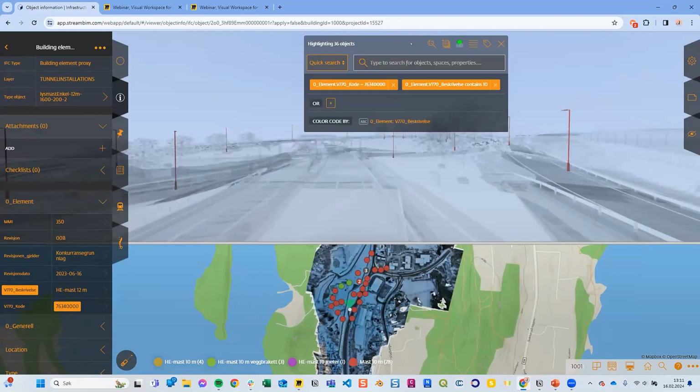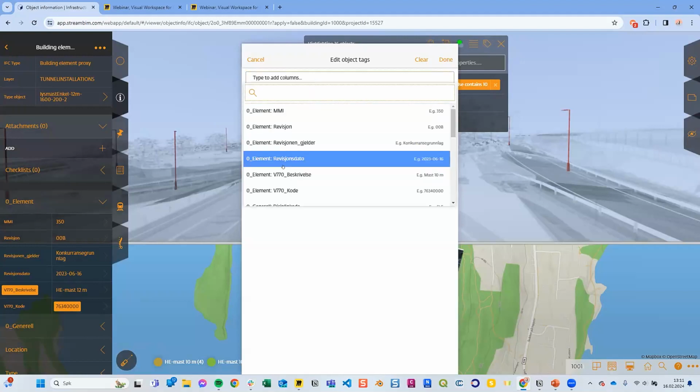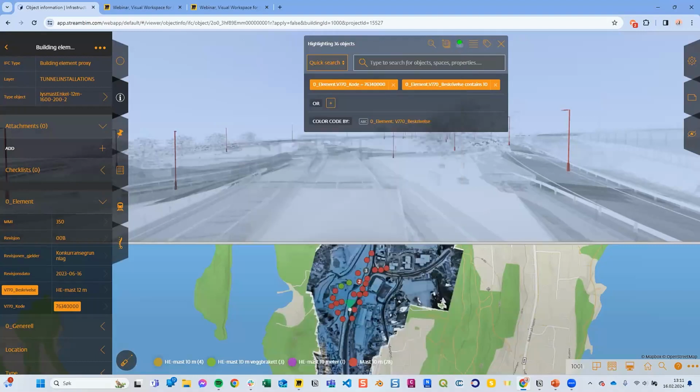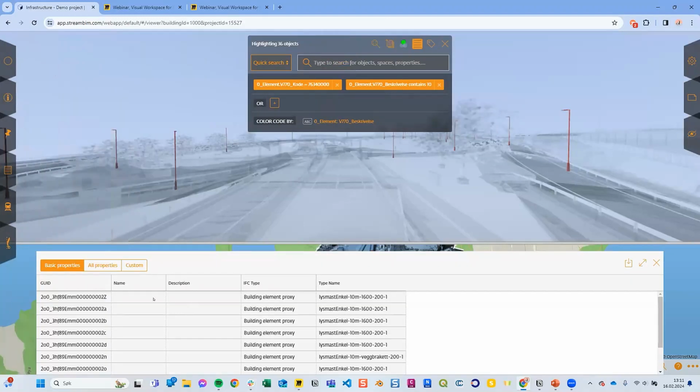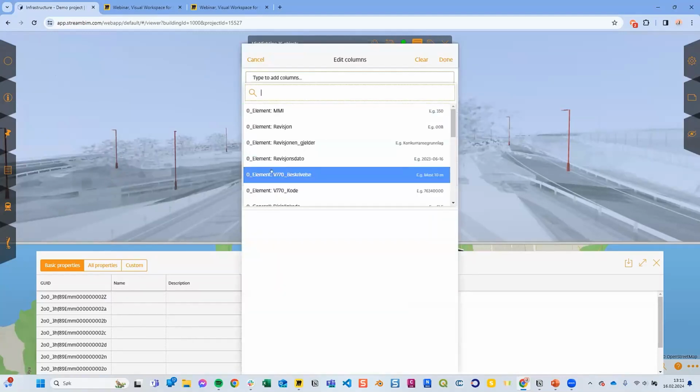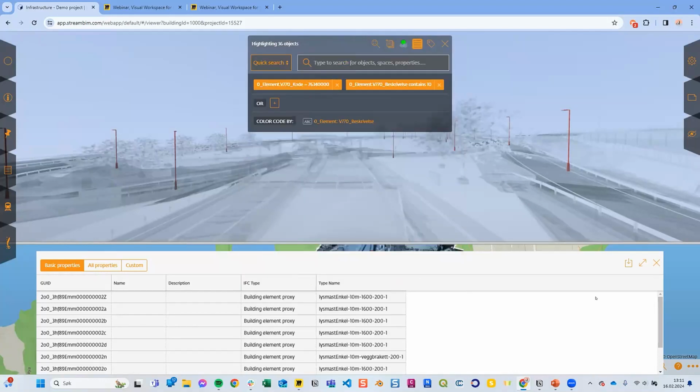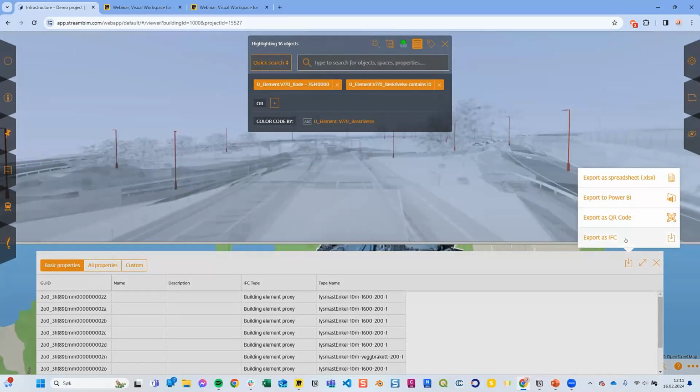With this filter, I can use it for several purposes. For example, I can add object tags to them. Here I can just grab whatever information I want from the model, and I will get a tag in 2D with that property value. Other than that, I can bring out an ITO, information takeoff, by clicking here. I will get the list summary of them. I can customize this as I want, add just whatever property I want and bring out the list. This can even be exported in different formats, as you can see here.